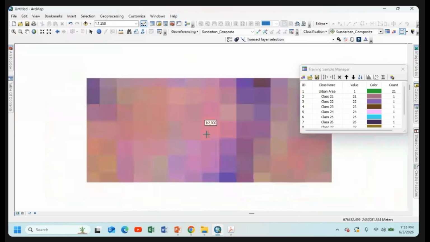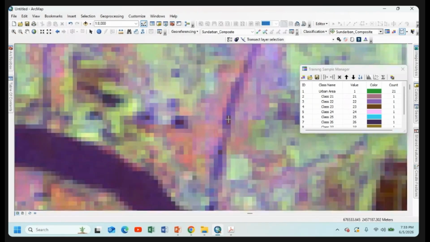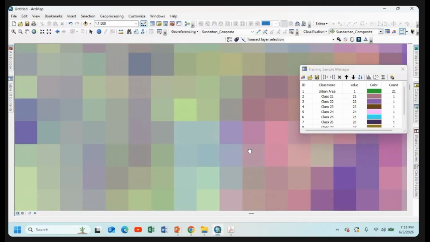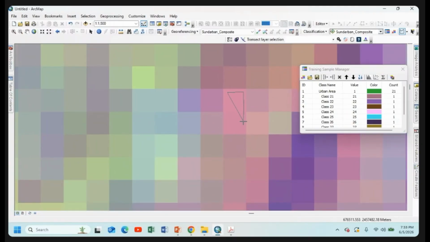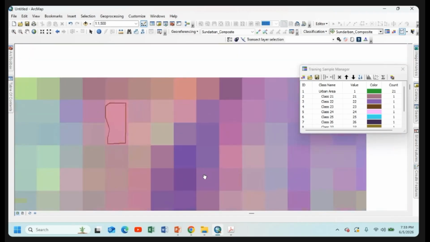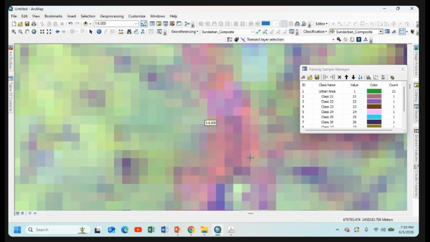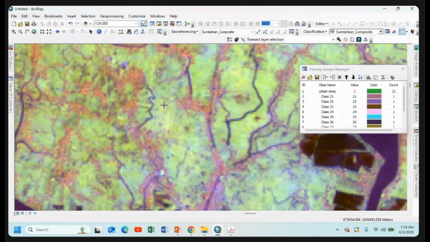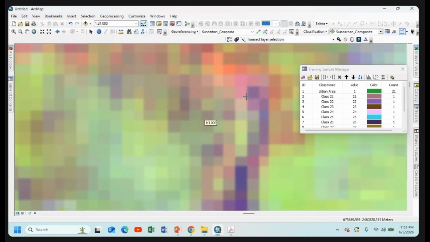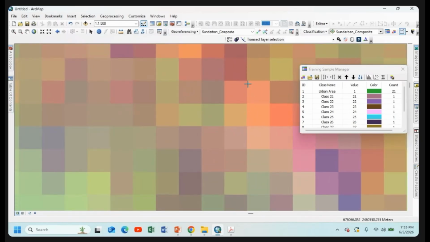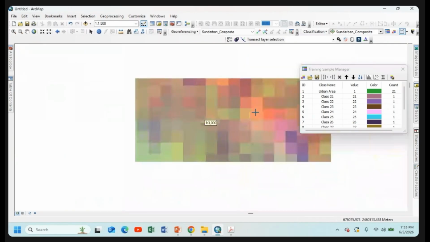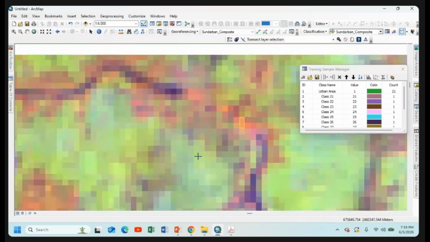Here I found some area of sparse vegetation. You need to extract the features minutely. Zoom in on the map as much as possible for pixel to pixel training sample collection.